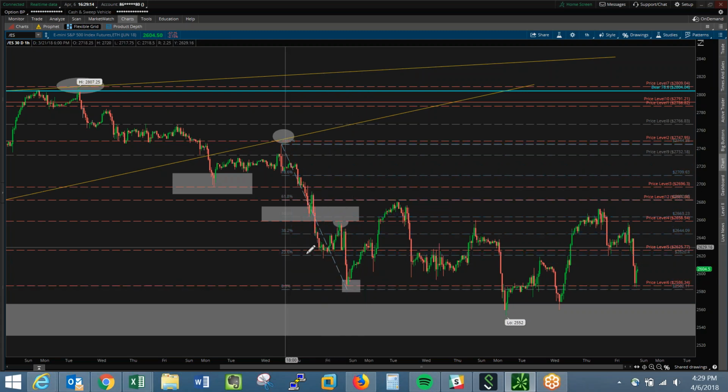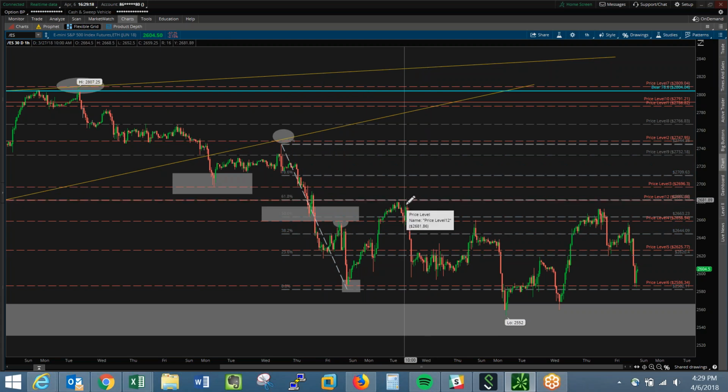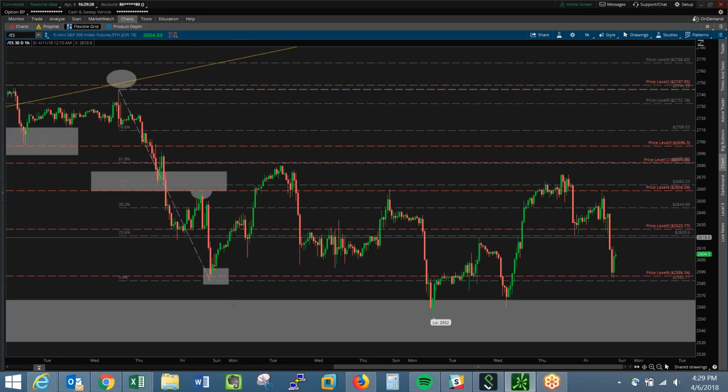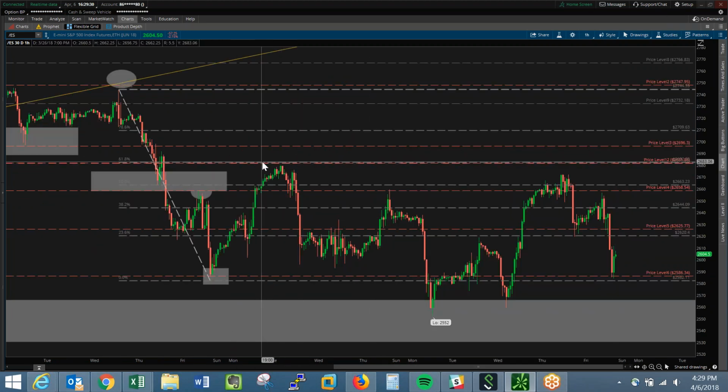Right, we get a nice fill back up to the 61.8. You can see we front ran it by like less than a point, really less than half a point. So you get your next entry here. And again, you know where your next structure is. But let's say that you were waiting for that, right? So let's say you didn't get in there